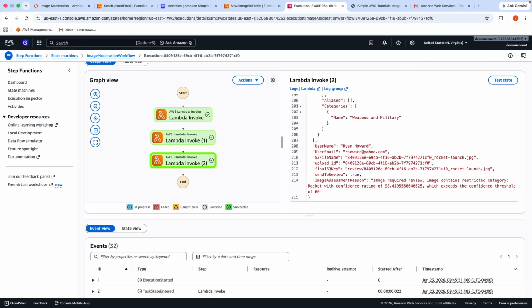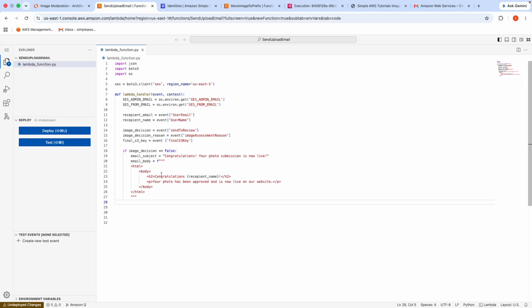In this case, our send to review was true because it was an image of a rocket launch containing rocket. So let's write the code for that. So we can say else, right? The email subject user, because there are two emails now that we need to send. That will be your photo submission is under review,